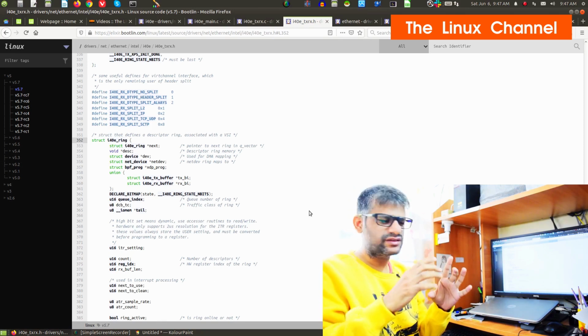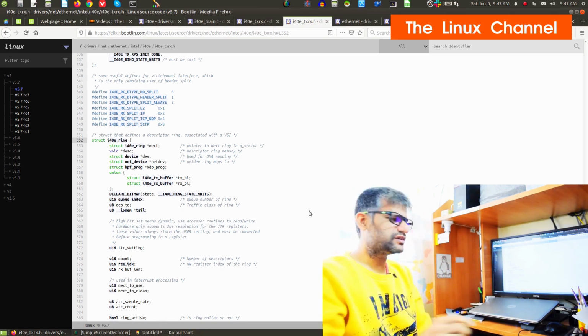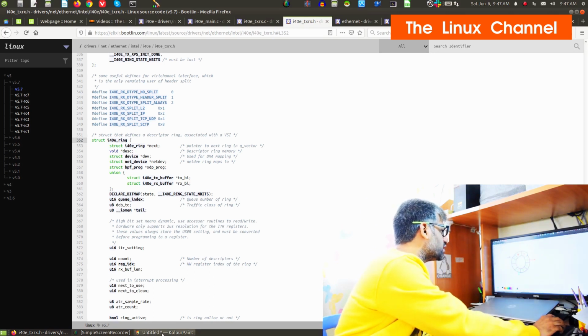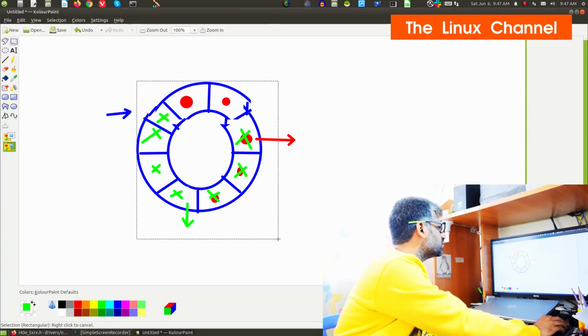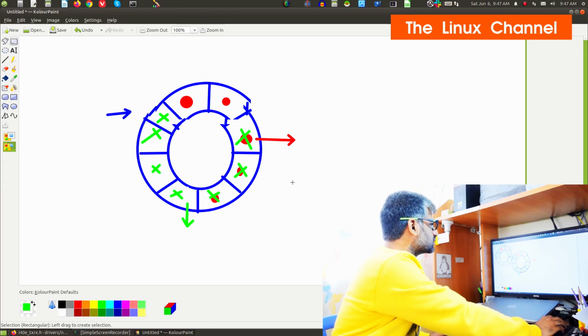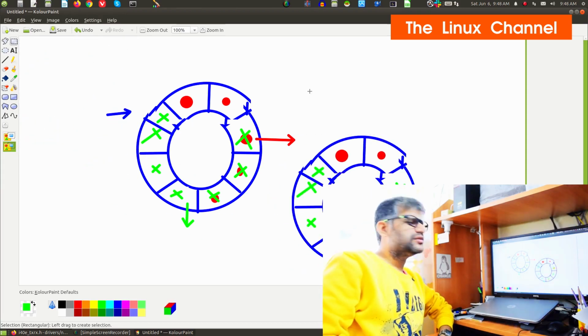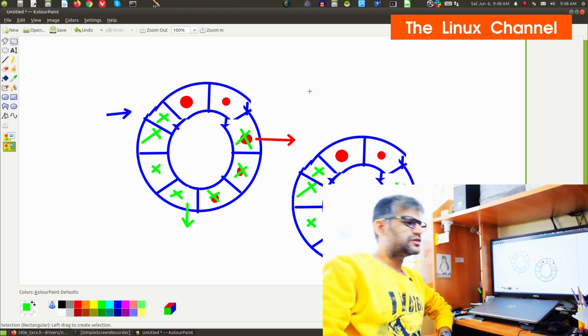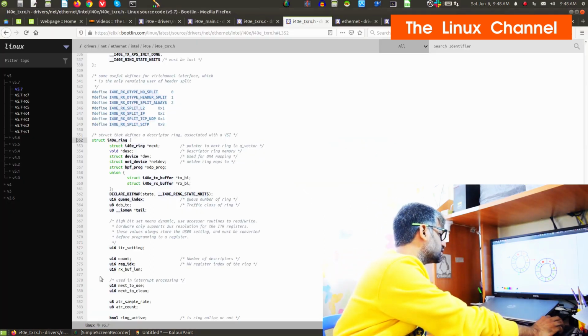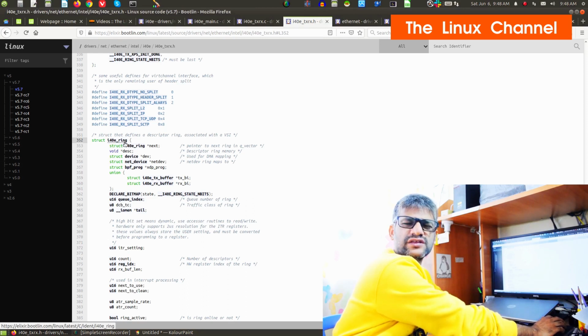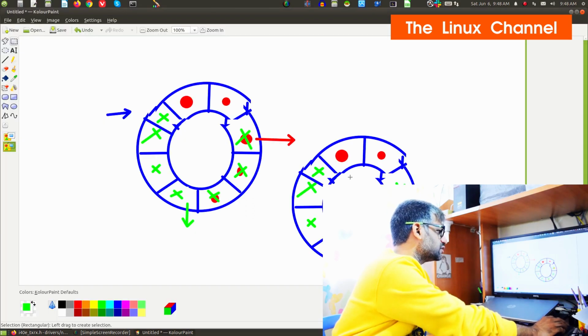There may be a chance that there are multiple instances of this ring buffer. What I meant is you can maybe have multiple copies of this ring buffer. So there can be multiple instances of it, and it may not be a single item. Then in that case there may be multiple ring buffers, and you may have some type of connection